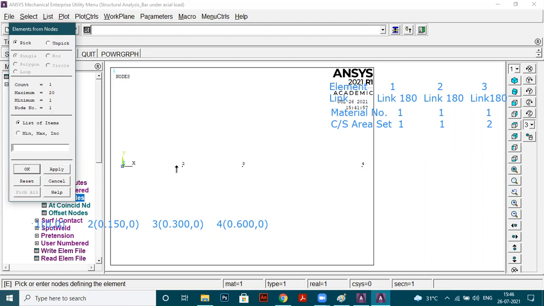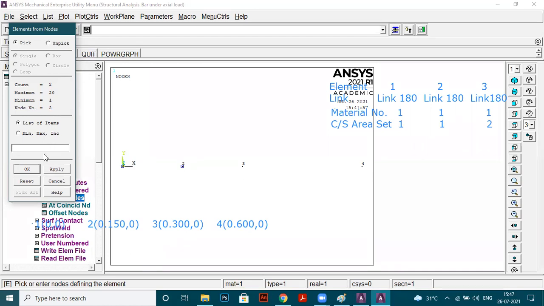Okay. Now I will click on node number 2. Now you can see currently node number 2 is selected, but a total of 2 nodes are selected, because initially I selected node number 1. Now I selected node number 2. So these 2 nodes have been selected, and currently node 2 is selected, right?